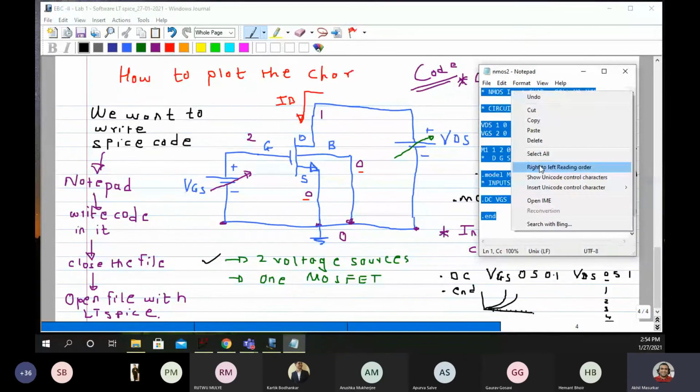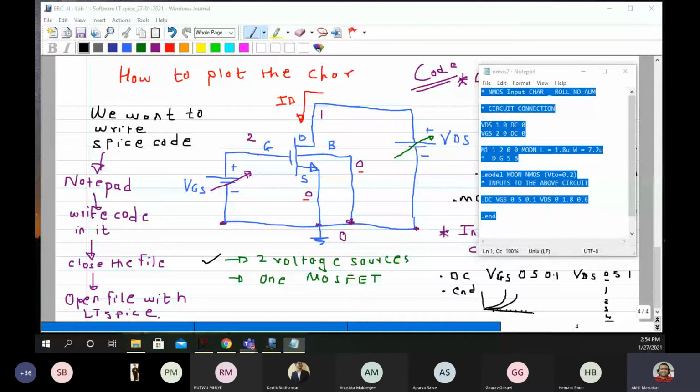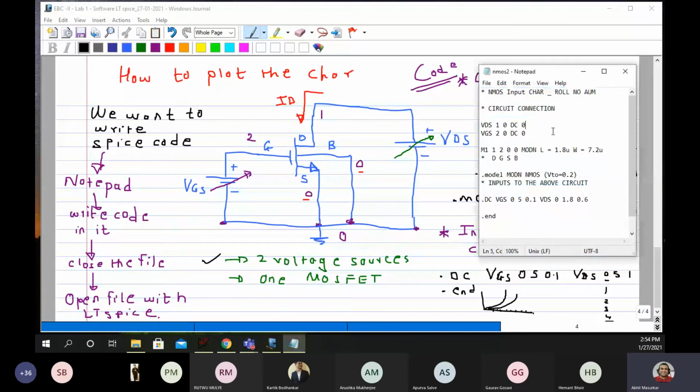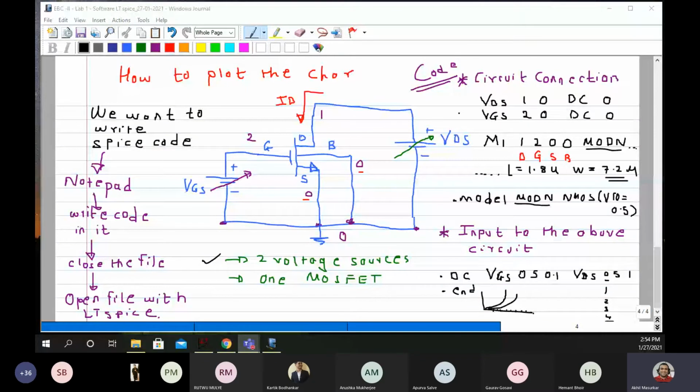If all of you have written the notepad file like this, what I'm doing is pasting this code in our chat box so that we all are on the same page, and I don't want you to make syntax errors. I don't have a roll number, you should put your own. Put this in your notepad file and close the notepad file.